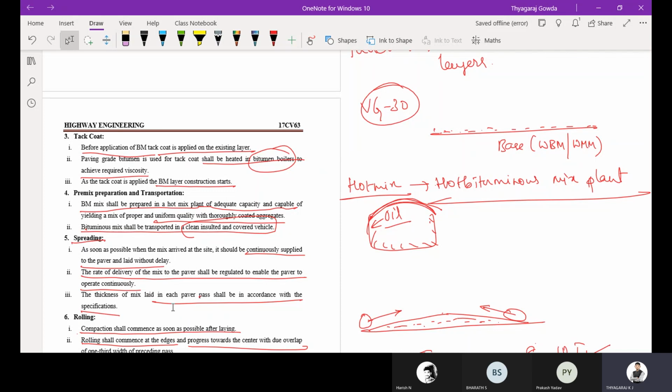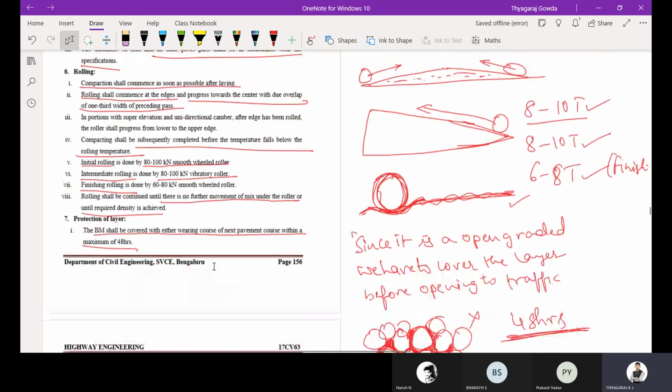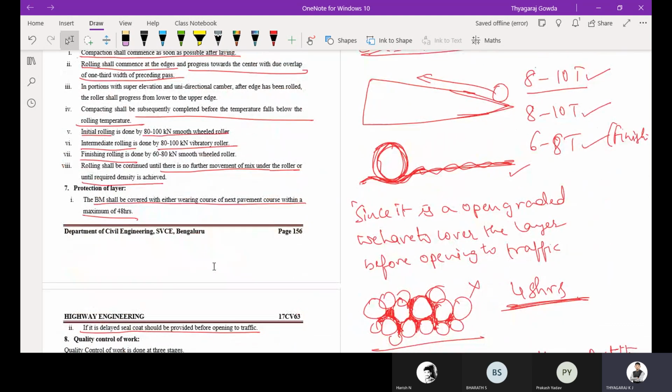Compaction will progress from the lower edge to the center, and the compaction will be done using 3 types of rollers: 8 to 10 ton smooth wheel roller, 8 to 10 ton vibratory roller, and 6 to 8 ton smooth wheel roller. We are going to use them.